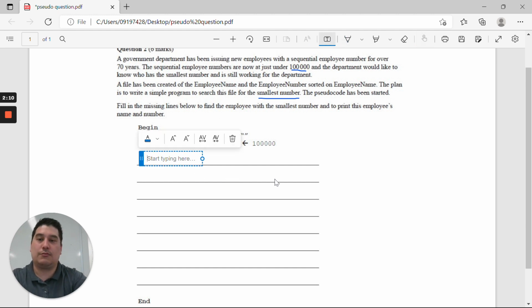First thing is, I'm going to loop the file. It doesn't say what the file is called, it just says a file has been created, so we're just going to call it file. So loop file to the end, and inside of this loop, this is going to be hard to do indentation, so I'm going to have to use space bars. We're going to say if